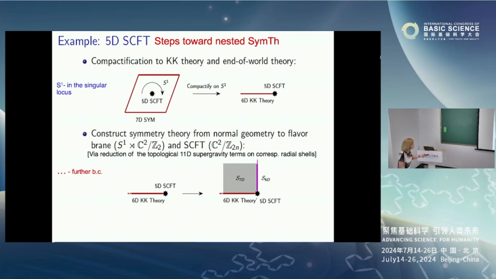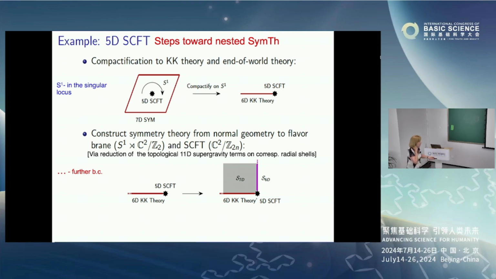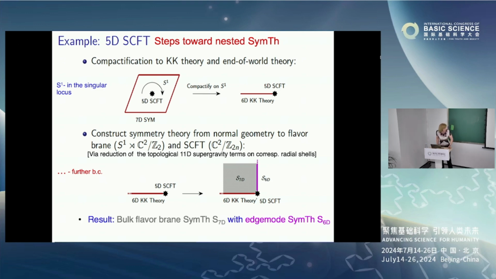So this produces for us the resulting 7-dimensional symmetry theory of the flavor branes and the corresponding 6-dimensional symmetry theory of the 5D conformal field theory and physical edge modes on this corner. So what can we do with this interpretation? Particularly, I can focus now on understanding how one-form symmetry is associated with the 7-dimensional symmetry theory of the flavor branes,